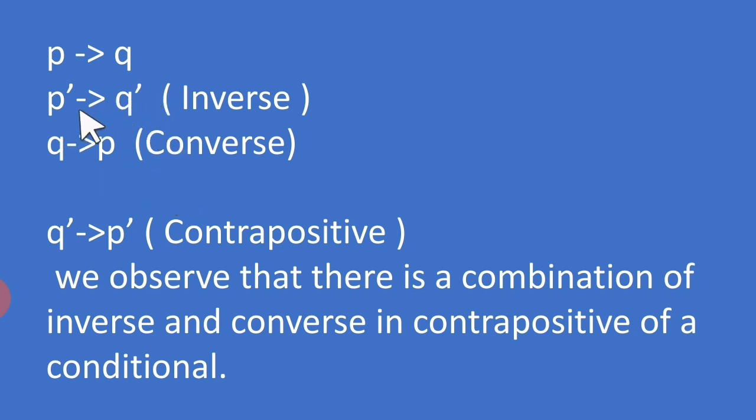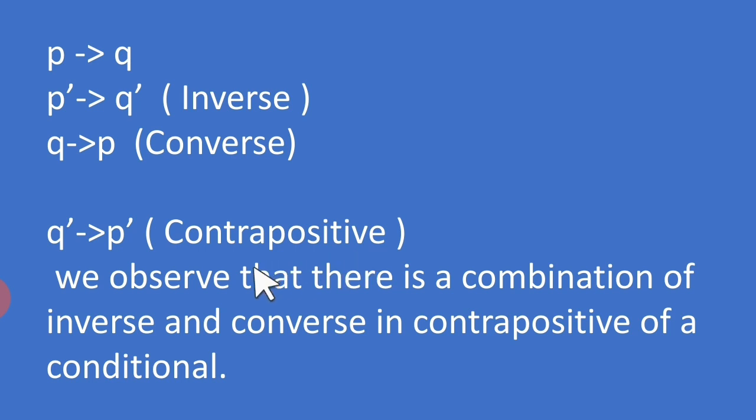Now we combine both these things. What do I do first? First I interchange the consequent and the antecedent, and then I complement. Alright, or negate. That simply means when we say Q dash, what was Q? Q was sky is not clear. Now Q dash, sky is clear. So that simply means if sky is clear, and then P dash. P dash means it is not raining. If sky is clear, then it is not raining. And students, this is what we call contrapositive.